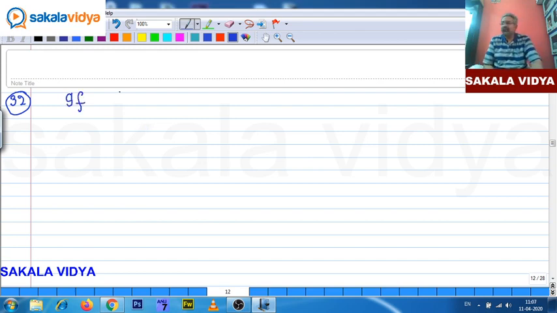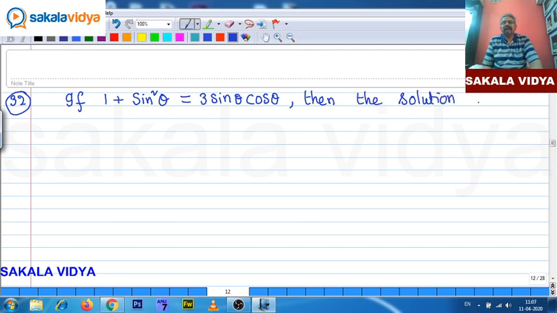If 1 plus sine square theta equals to 3 sin theta cos theta, then the solution set in 0 comma pi by 2 is